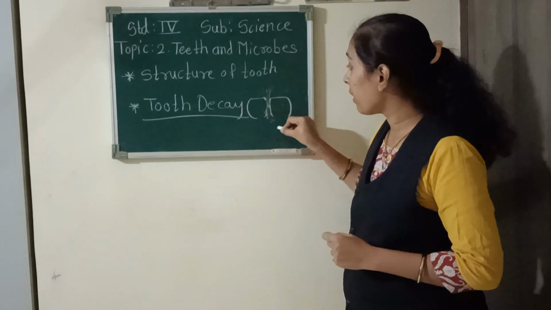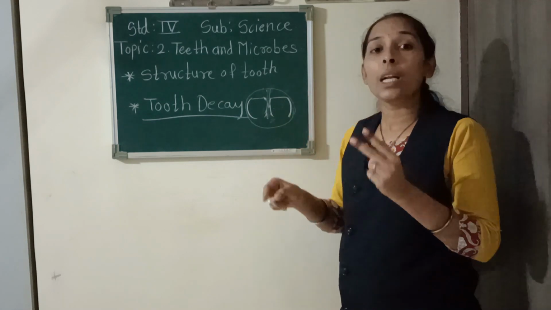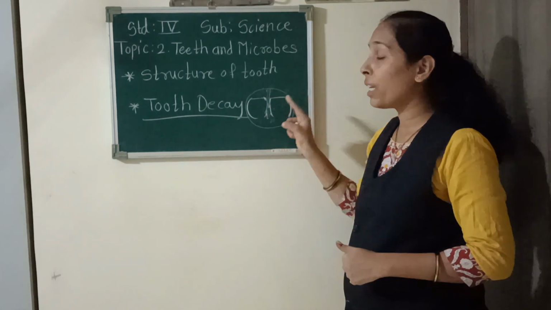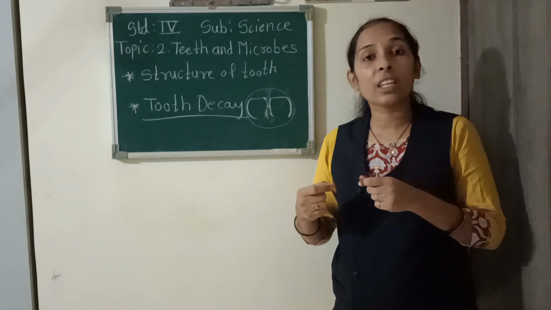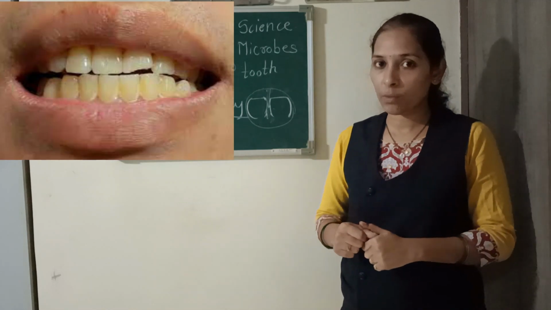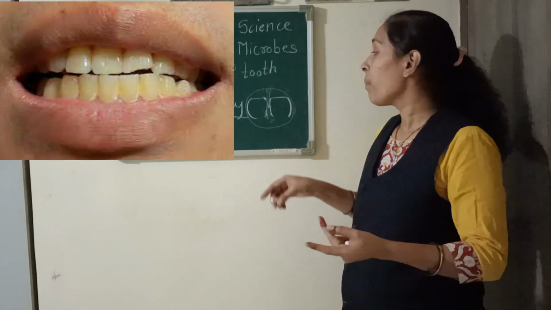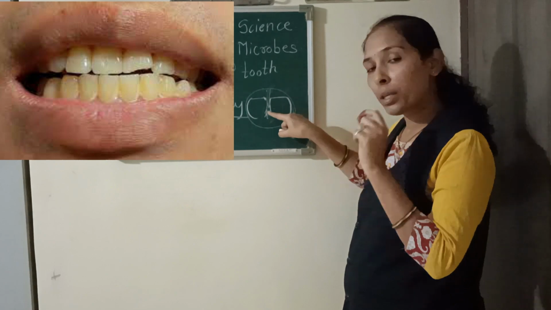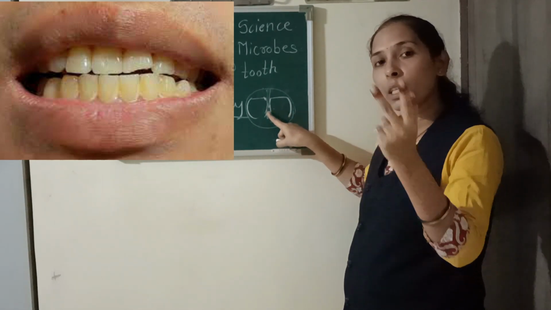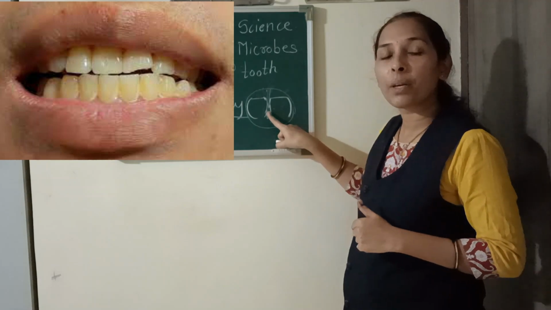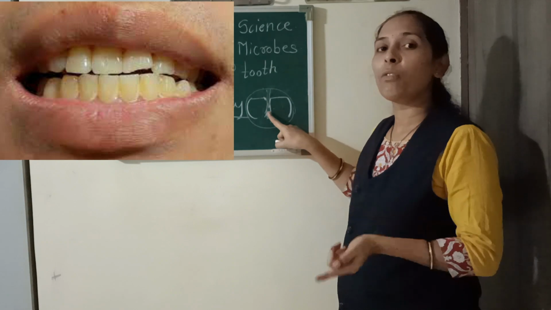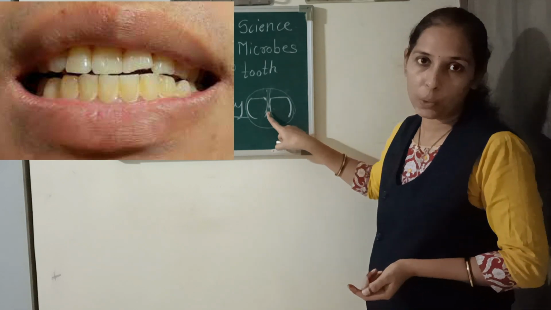Once it starts to rot, our teeth get covered with a yellow-colored sticky substance, which is called plaque. So plaque means the food material gets stuck between the two teeth, it starts to rot, and because of that a yellowish layer starts to appear on the teeth, which is sticky in nature, and which is called plaque.